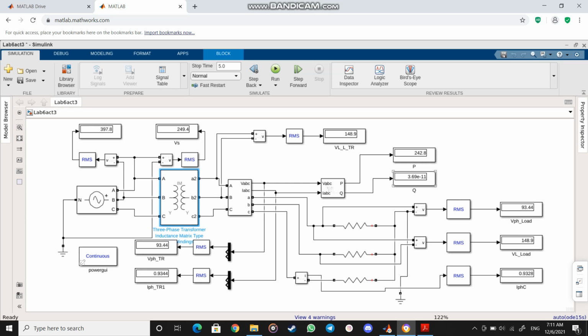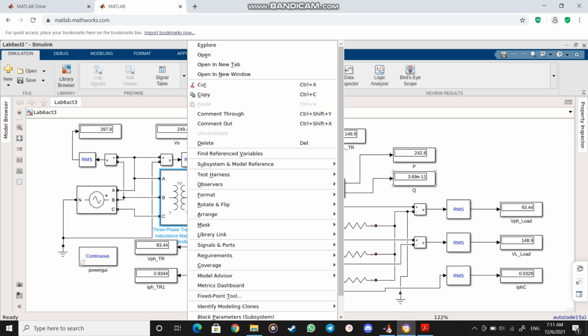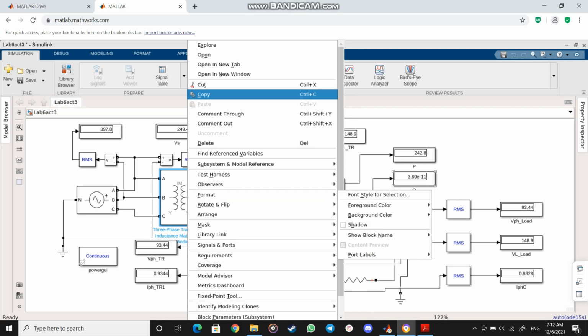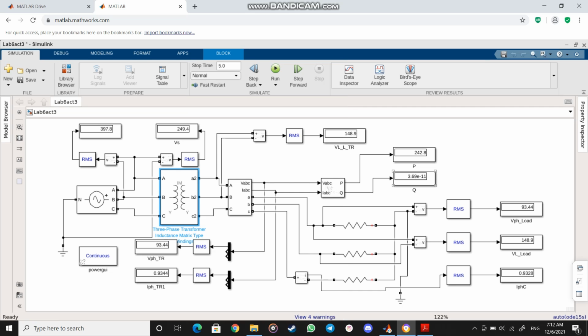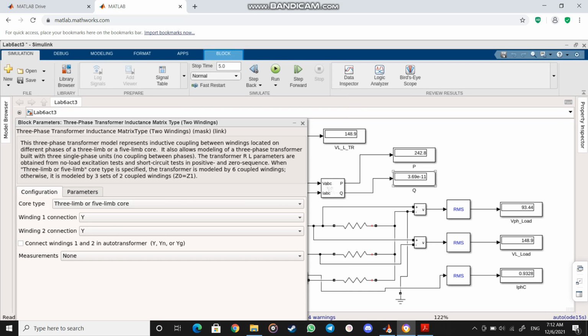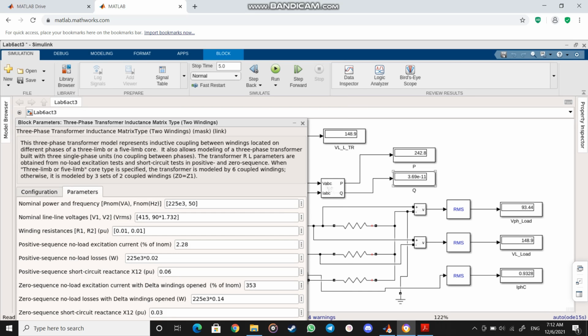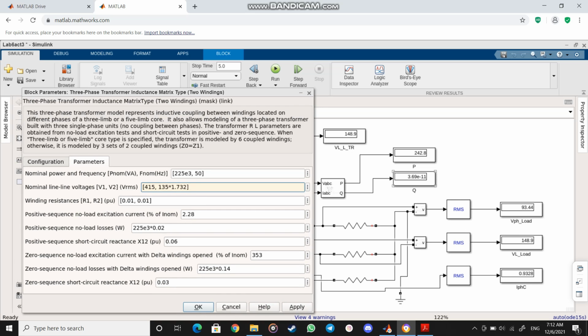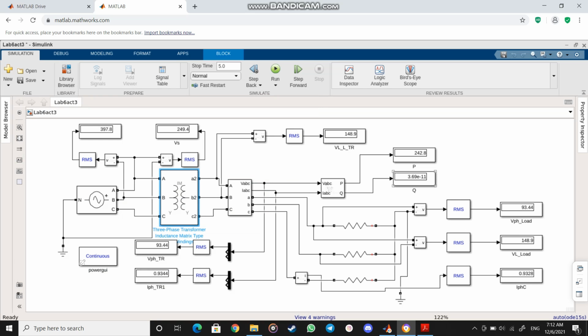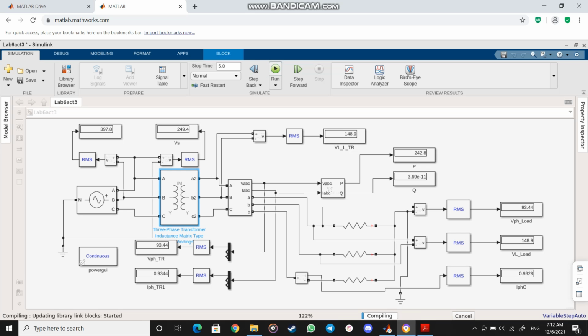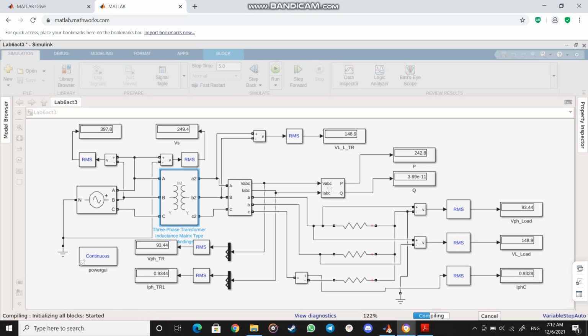And for the last change of the source value, we change it to 135 volts. As usual, we open it and click the parameters. For information, I'm using MATLAB for this simulation. We just change to 135 volts, click OK, and then we run the circuit. It's compiling, and then we got